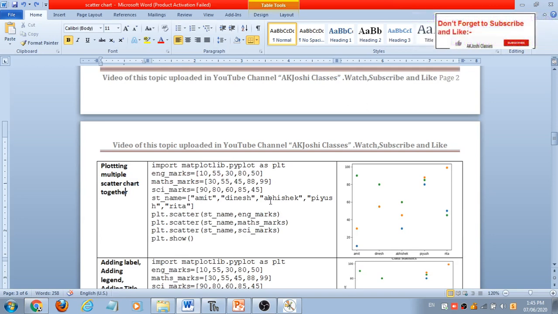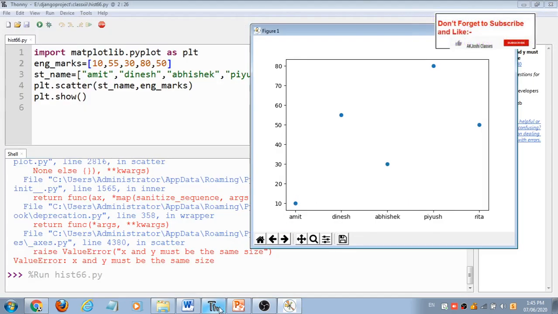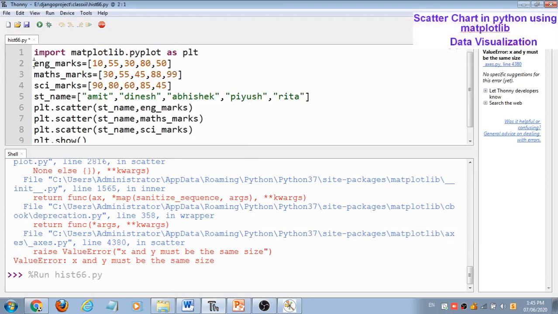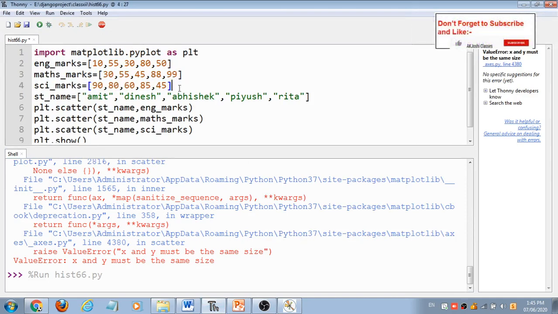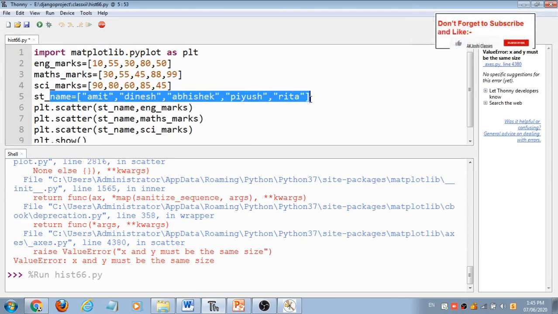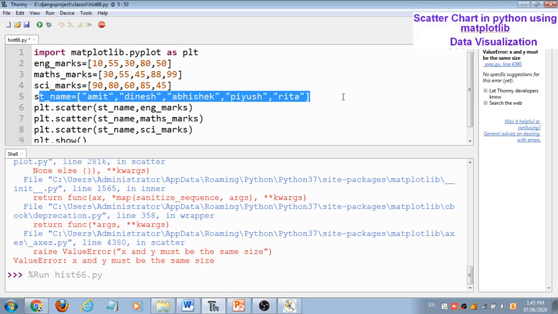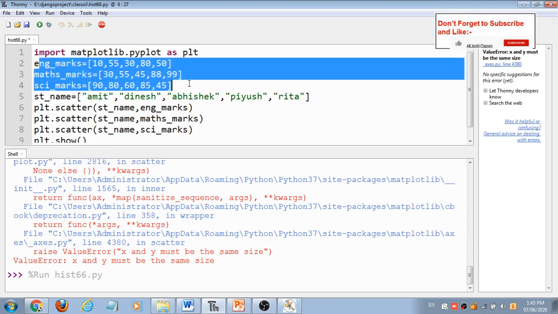Suppose I want to plot multiple scatter charts together. Suppose I have different subject marks for different students. Let's consider this: I have English marks, maths marks, and science marks, and this is the name of the students. What I want is for the name of the student to come on the x-axis and the corresponding subject marks on the y-axis.